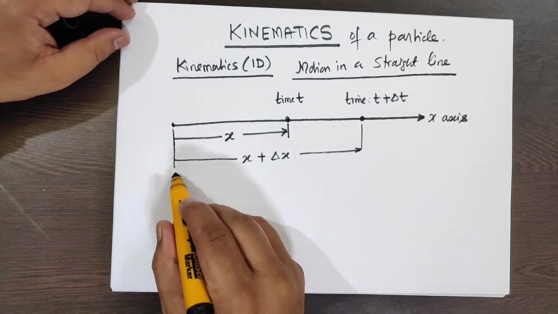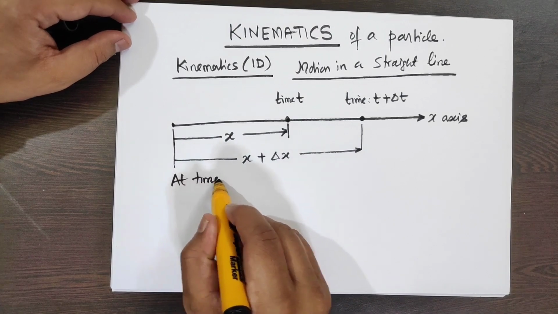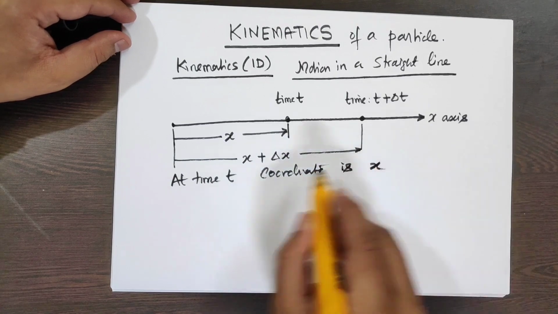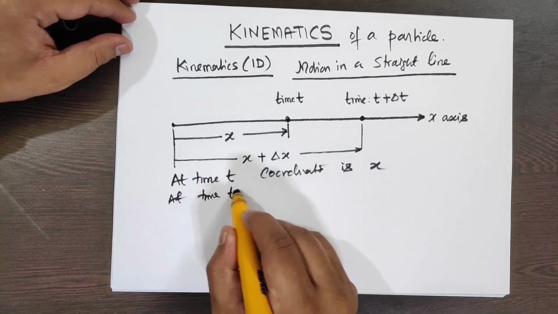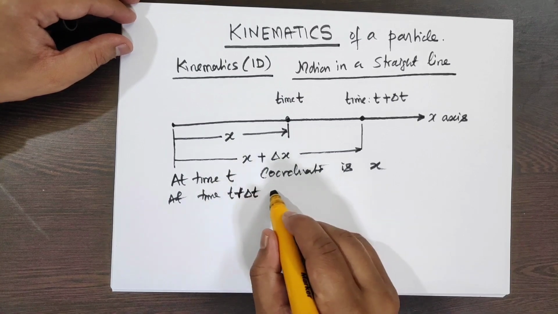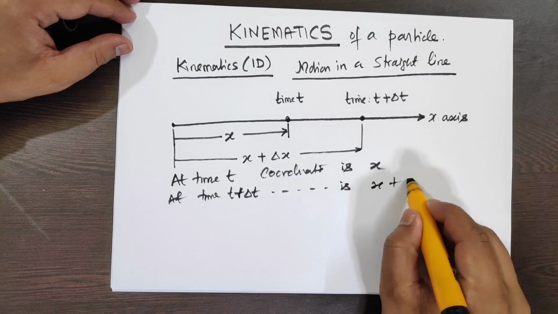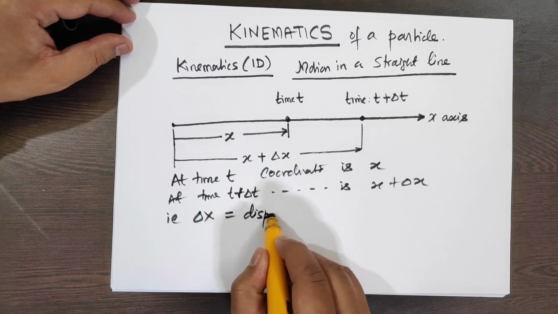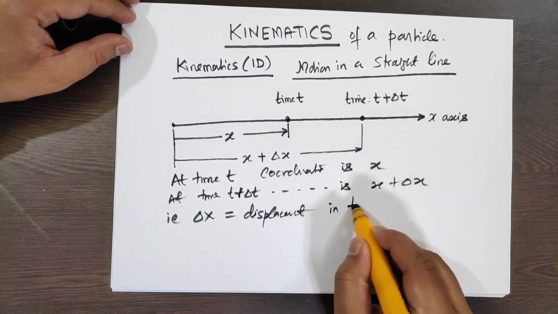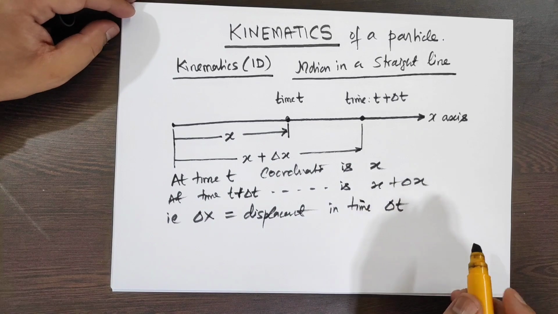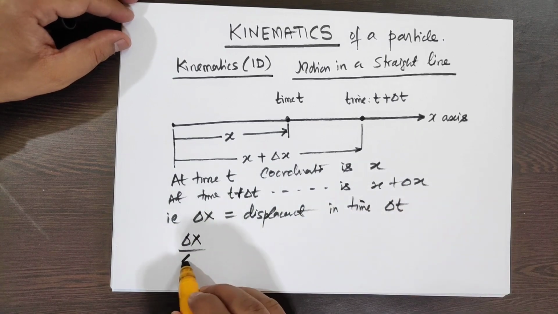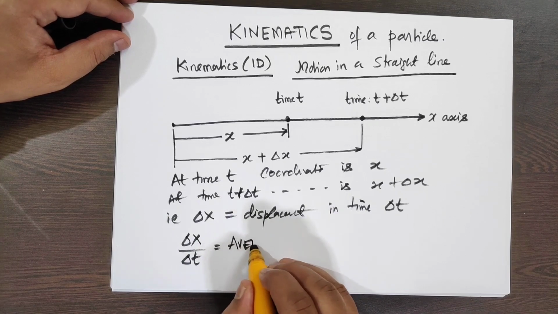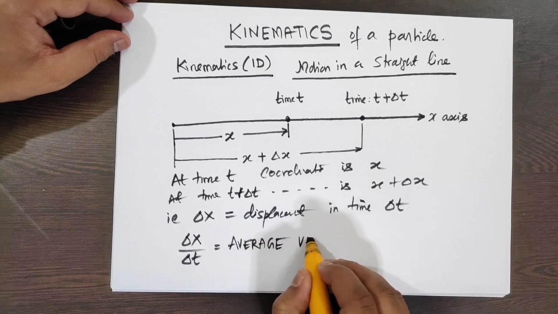So that means at time t the coordinate is x, and at time t plus delta t the coordinate is x plus delta x. That is, delta x is the displacement of the particle in the time delta t. Now, delta x by delta t signifies what? It signifies the average velocity of the particle